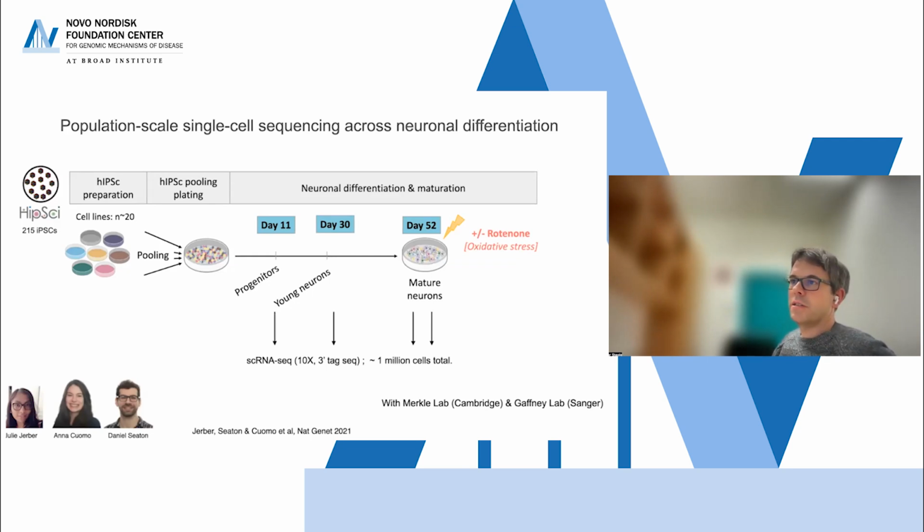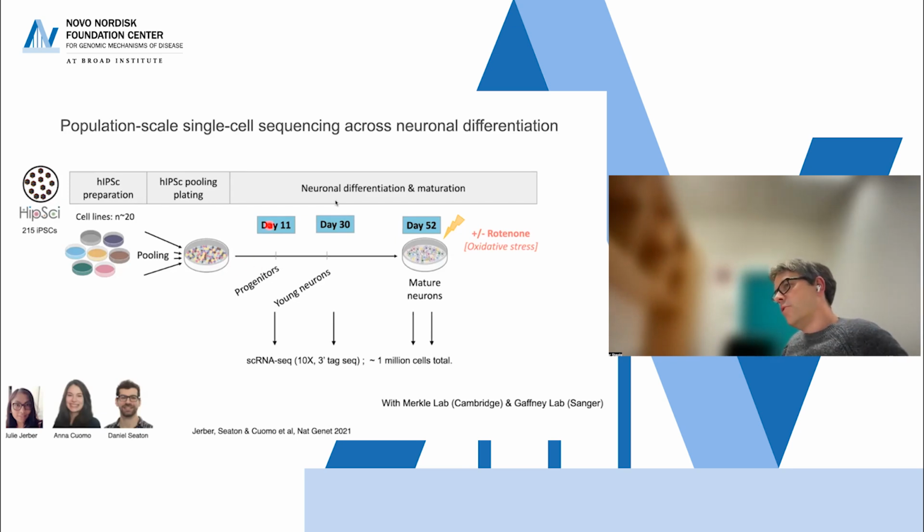Now there are much larger data sets, but this is in 215 human iPSCs from the UK Human-Induced Pluripotent Stem Cell Initiative, where we had basically healthy reference normal individuals, and we subjected them to a differentiation time course with neurons and collected, using single cell readouts, cells at day 11, day 30, day 52. There are lots of tricks that I want to glance over here today. One of them is pooling. So actually this whole study is only 10 experiments, and we basically pooled individuals of diverse genetic backgrounds to improve